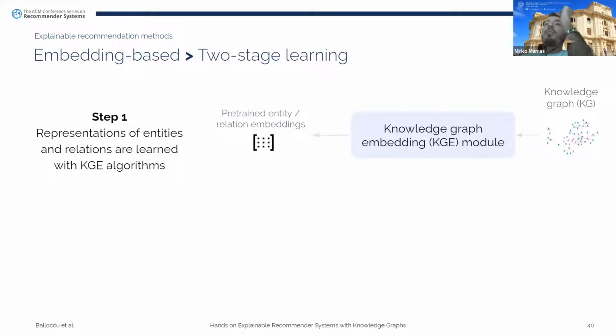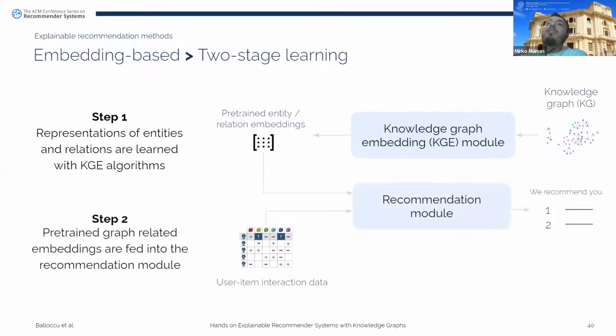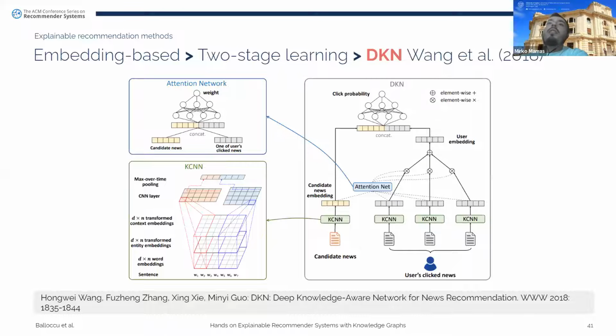So in the first step, representations of entities and relations are learned with knowledge graph embedding algorithms. And then the pre-trained graph-related embeddings are fed into the recommendation module, along with other features from users and items to make predictions. In this category, for instance, Guan et al. proposed DKN for news recommendation. As you can see in this slide, DKN takes 1 piece of candidate news and 1 piece of user-clicked news as input. And for each piece of news, a specifically designed KCNN is used to process its title and generate